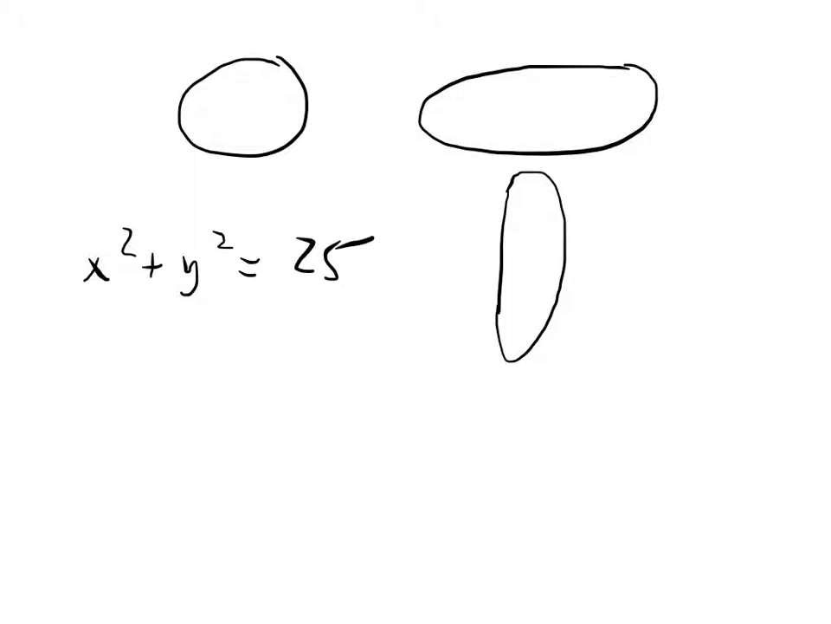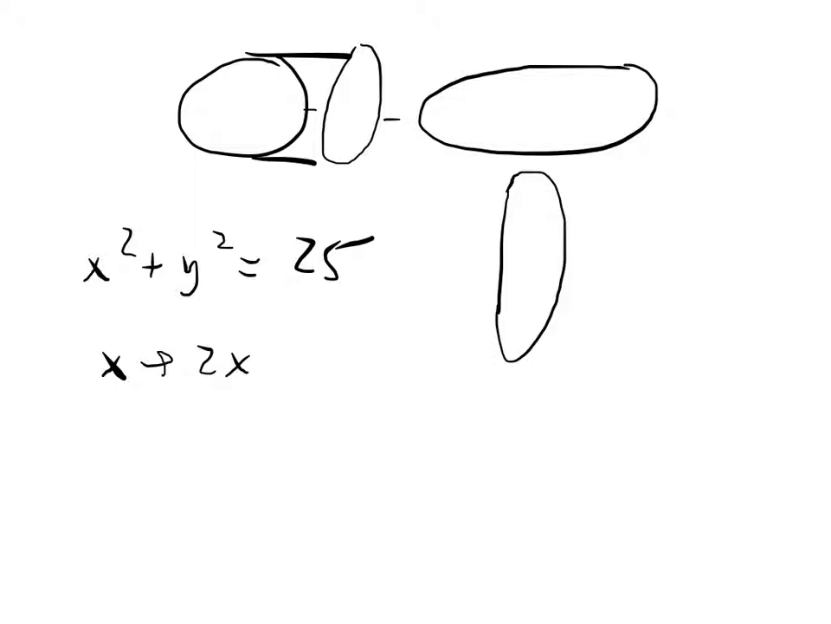What happens if I replace x with 2x, let's say? I know then that my graph is going to do what? If I replace x with 2x, my graph is going to be a horizontal shrink by a factor of 2. So think about if you take a circle and you horizontally shrink by a factor of 2, you're going to see